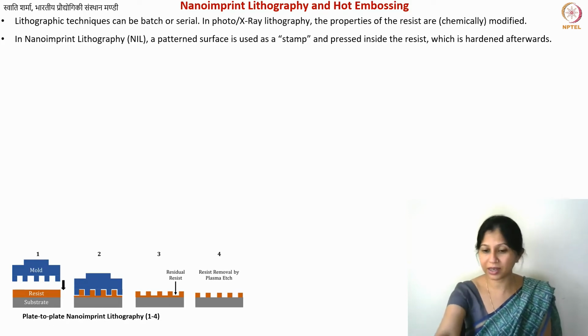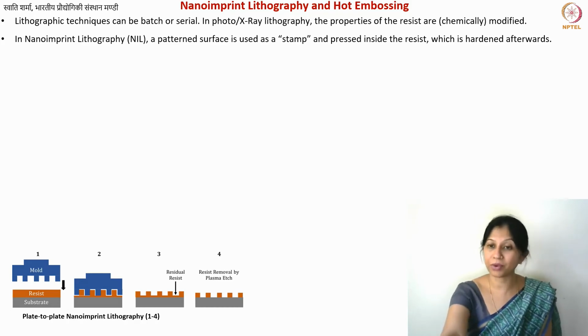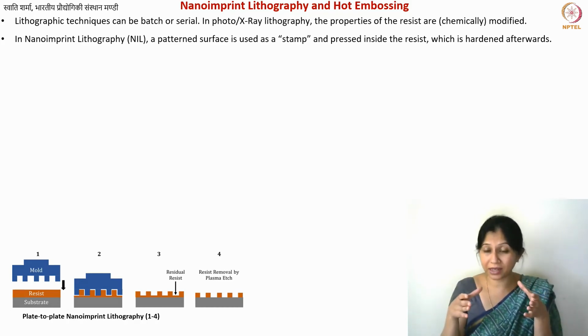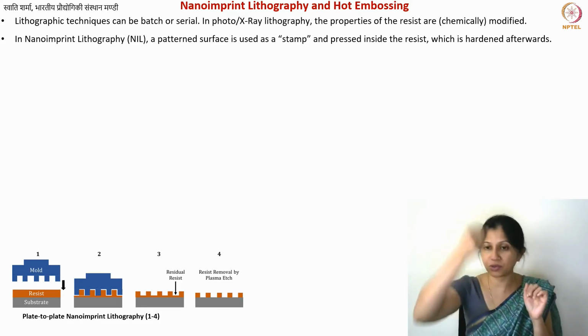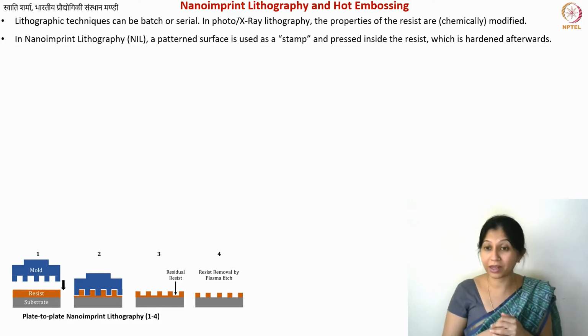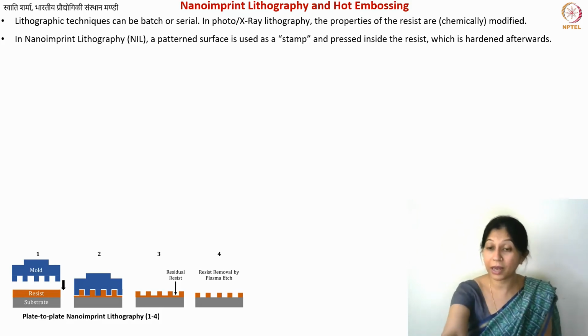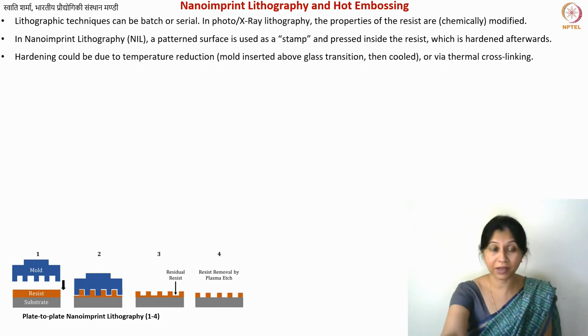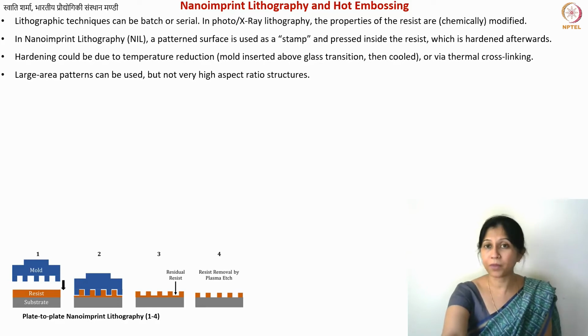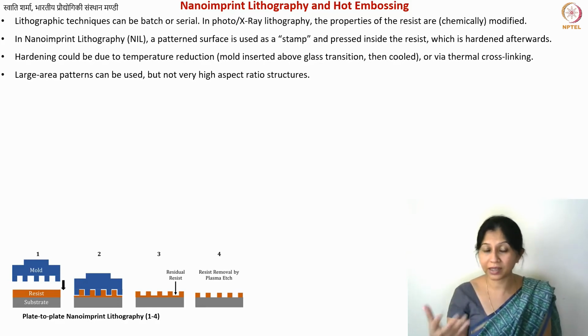So this is basically the idea of nano imprint. The structures can be in the nanoscale using this technique, and that is why it is called nano imprint. And of course, large area patterning is possible. If you have a big stamp, then on an entire wafer, just with one stamp, you can fabricate the nanoscale structure. So this is also a reasonably inexpensive lithographic technique. As I said, the hardening or the cross-linking can be done using both UV light and heating.